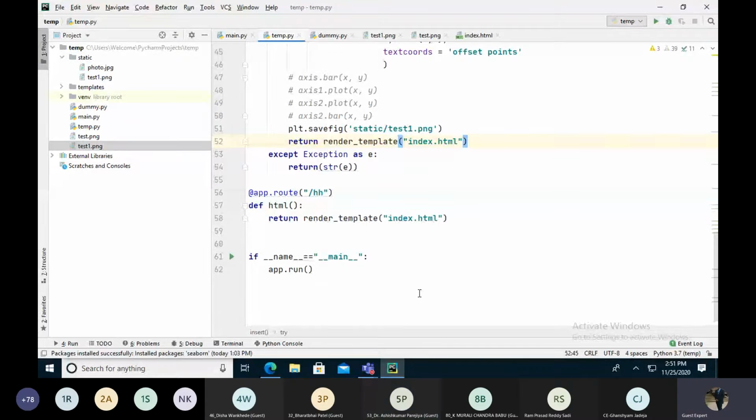So for what you are asking, your concern is correct, but there's a way around it. This is very basic to understand. There's a whole process where we can convert the graph we are getting without saving it into a PNG, using the base64 library. It converts it into a PNG format without saving the file. Then we assign it to a variable, that variable goes to the HTML file, and then it is displayed.